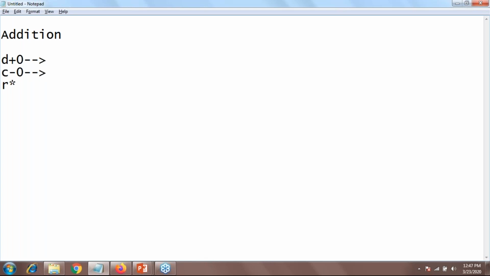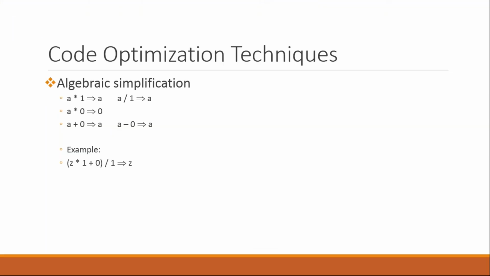If I multiply by 1, there is also no meaning to this sentence. If I divide by 1, there is also no need for it. So our compiler identifies that type of algebraic sentences, and if it finds them, it can easily remove them from the code.